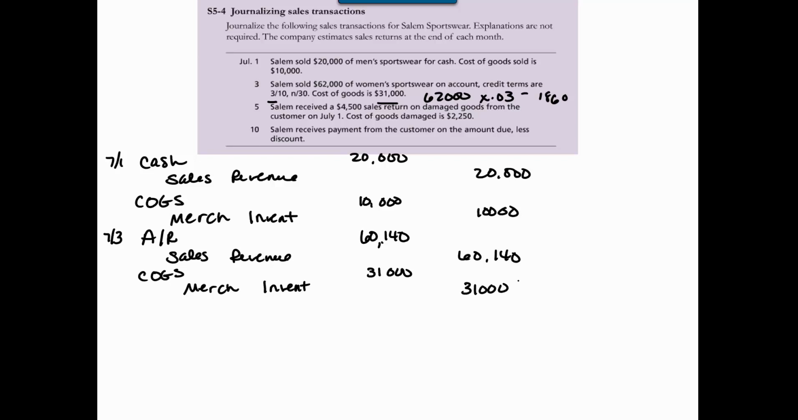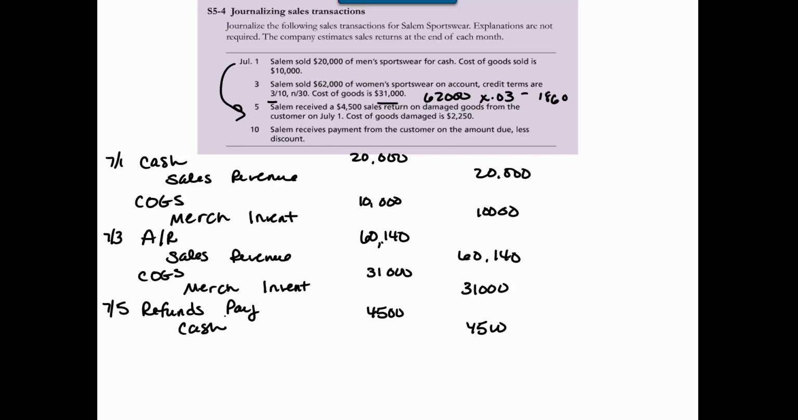Then on the 5th, they received a $4,500 return on the stuff from July 1st. So that's this cash sale right now. They returned part of that. The cost to me, the original price that I paid for the stuff that they returned, is $2,250. So on 7/5, I need to do a return. So I'm going to debit refunds payable for the sale amount, so that's the $4,500, and I'm going to credit cash. It was a cash sale, so I'm going to give them their cash back for $4,500,